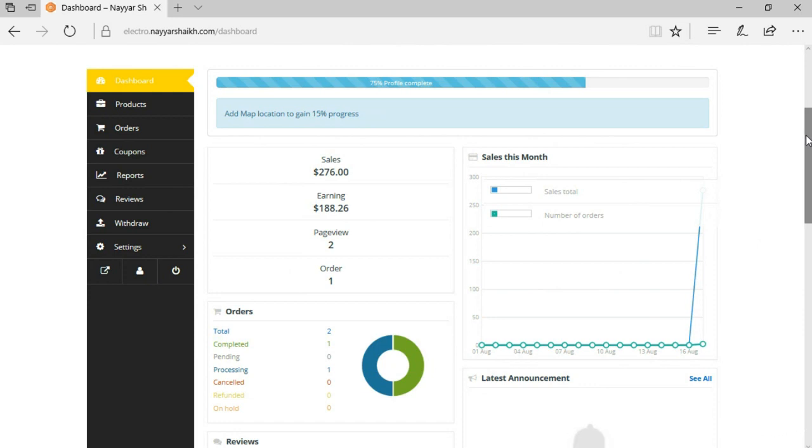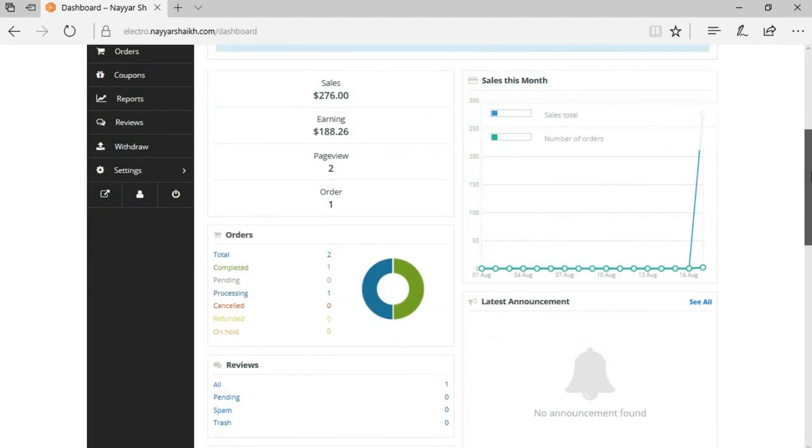When the seller comes to that dashboard, this is how it will look. We have a report, a dashboard, which shows the sales and the earning, and as you can see, the earning is less than the sales. Why is that so? When you're selling on Amazon, you're not getting the whole amount. If you have basic knowledge of selling on Amazon or Flipkart, you know that they charge around 10%.